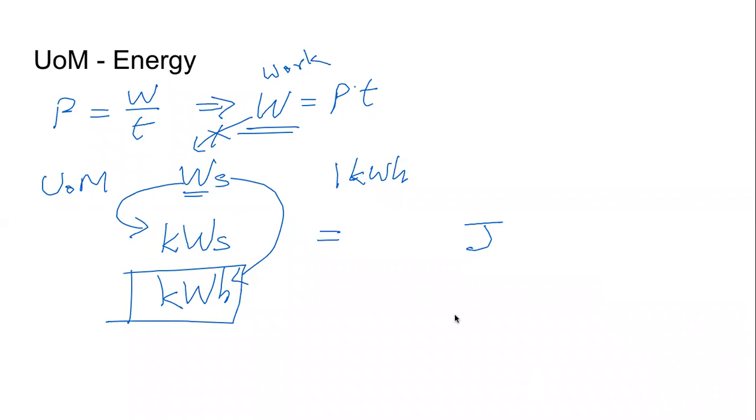If you remember what we studied last year, or if you come prepared to the class, you would know that in the textbook it is very clearly written. It is 3.6 into 10 to the power 6 joules. Correct, Chand, Karthik? Correct. 1 kilowatt hour equals 3.6 into 10 to the power 6 joules. We can actually make this calculation.